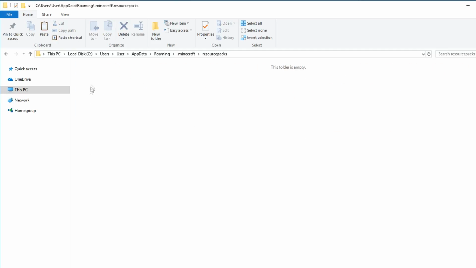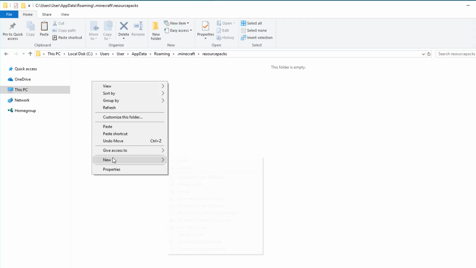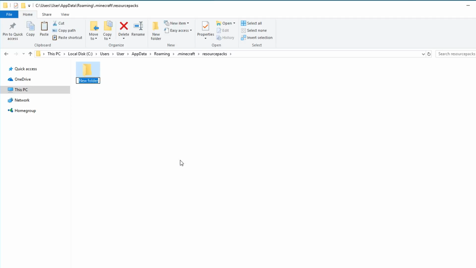Now you might already have some stuff in here and you might not. But what first we're going to go ahead and do is create a new folder and go ahead and name it whatever you want your custom totem to be named. Within that folder, we're going to need to create the following subfolders. So just follow along as I click through them and as I read them out.